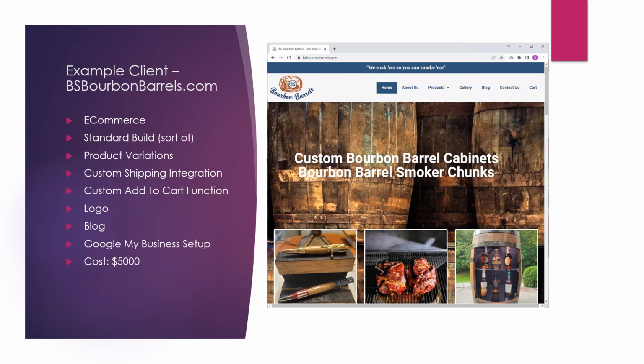And then, of course, we need to design a logo for them and integrate blog functionality and Google My Business setup and stuff like that, and basically get them in a good position for the search engines. So